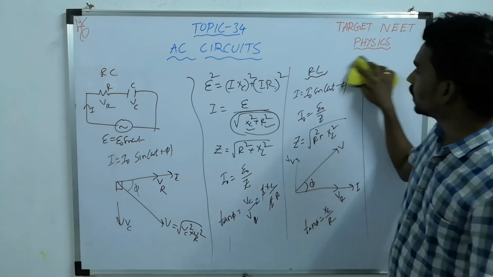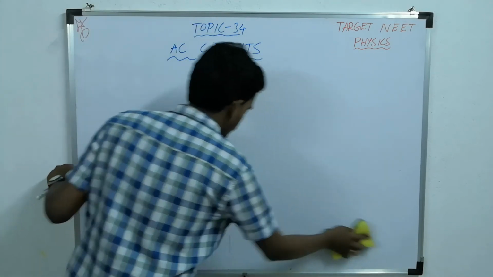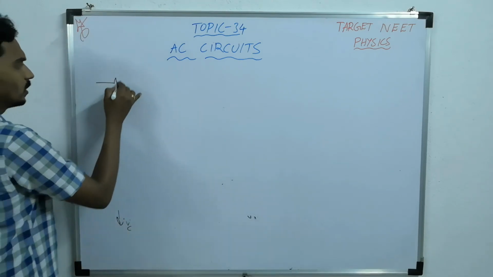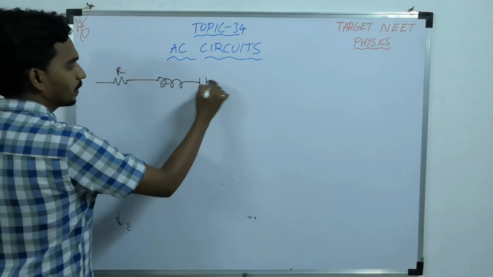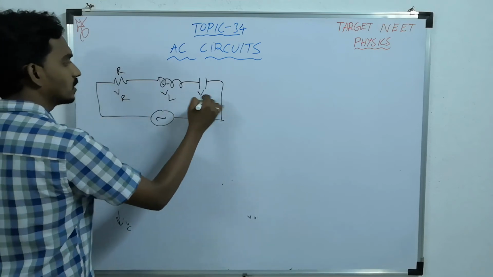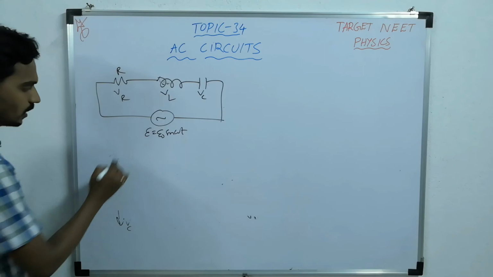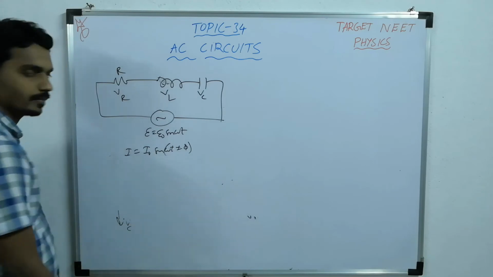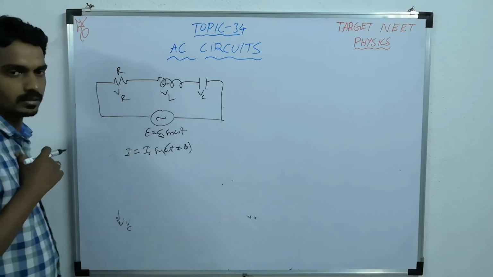And similarly, let us understand the final one, that is series LCR, which is the most important among all, because many times they have asked the question where you connect resistance, inductance and capacitor in series. Now this is VR, this is VL, this is VC and this is epsilon. Now the resultant current will become I naught sin omega t plus or minus phi. If capacitor dominates plus, if inductor dominates minus.